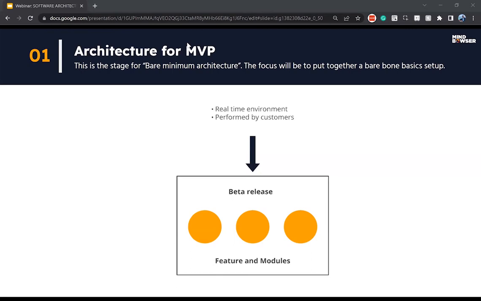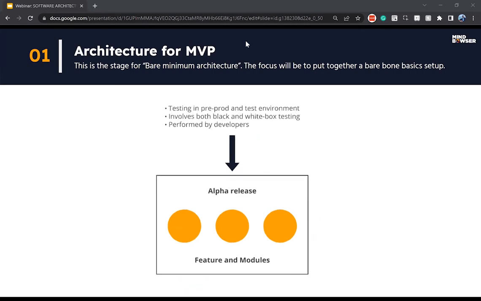So these are what we consider in the beta release. On the next slide, Pravin, I was talking about the alpha release. This is where we work in the pre-prod environment, mainly done by developers. Here we don't mainly consider reliability and security. We consider that all the functional requirements are met, with the basic non-functional requirements, and all the functional requirements are tested completely in alpha release. Once alpha release has tested all the functional requirements, we move to beta release, where we mainly test the non-functional requirements: the security aspects, the reliability aspects, and everything.